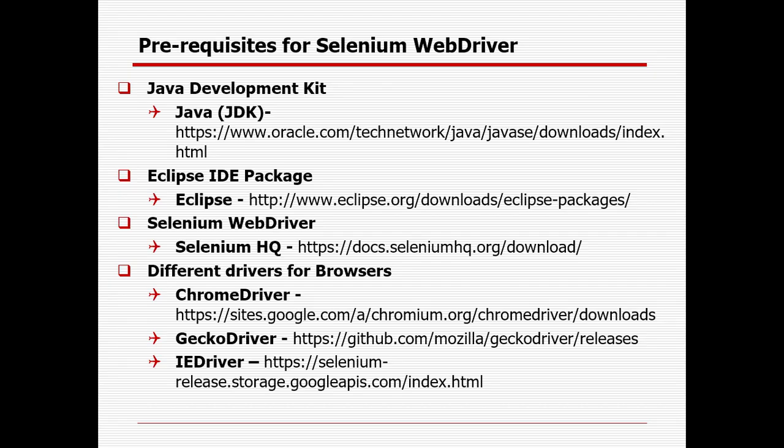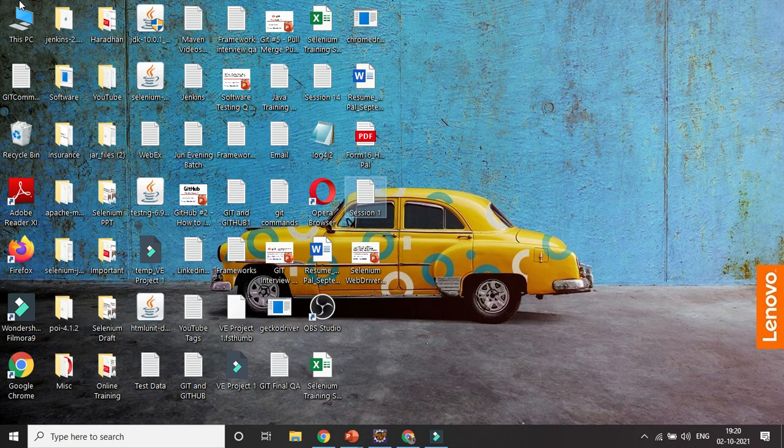So the prerequisites of Selenium WebDriver. We need to install, first, Java, which should be on your system. The path is already given here, so you can install Java. Whatever version, with that path, you can go to the Java JDK and install it. If your system is Mac, you can go for Mac; if it is Windows, you can go for Windows, and you need to check the bits of your system. Is it 32-bit or 64-bit? So how can you check your system's bits?